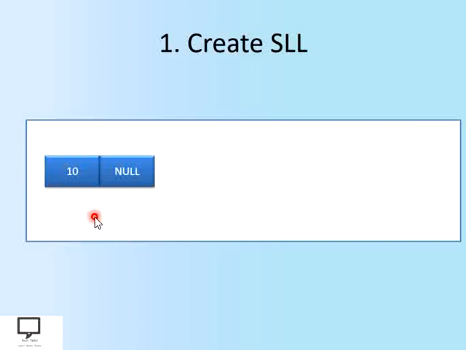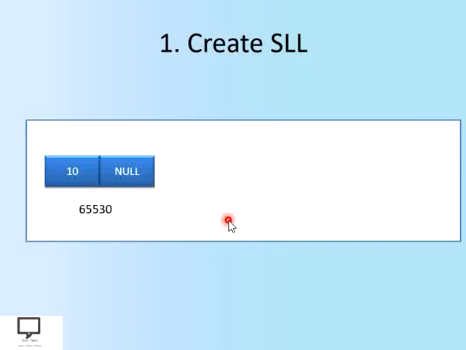Once you create a node, memory will get allotted for that particular node. So now let's consider this is the memory which is allotted, or at this address location the node is stored, whose information part is 10 and its next part is null, because currently the linked list has a single node only. So you have to keep in mind that whenever you create a node, its next part should be null. Initialization of the next part, or the reference to the next node, should be null.